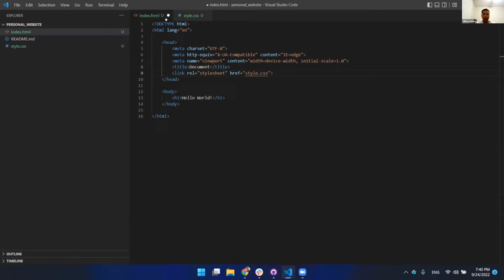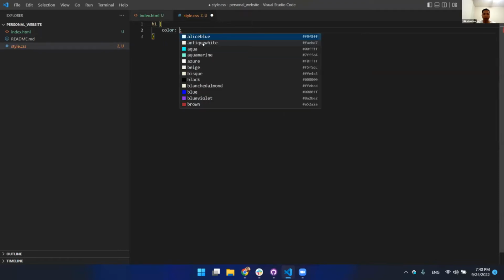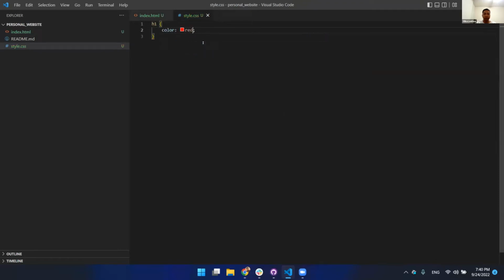When there's a yellow white circle, that means you haven't saved it, and it wouldn't reflect when you preview it. So once you have all this, you can have this HTML element to manipulate, right? You can do h1 color red, and then